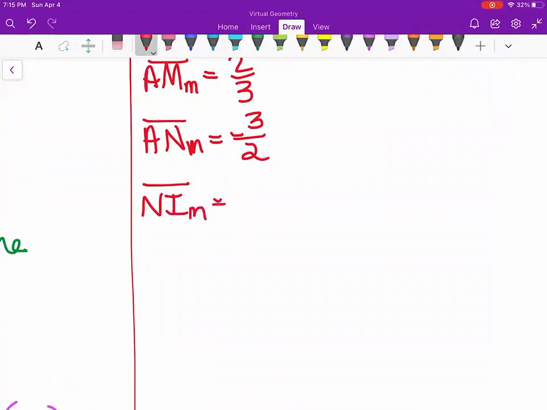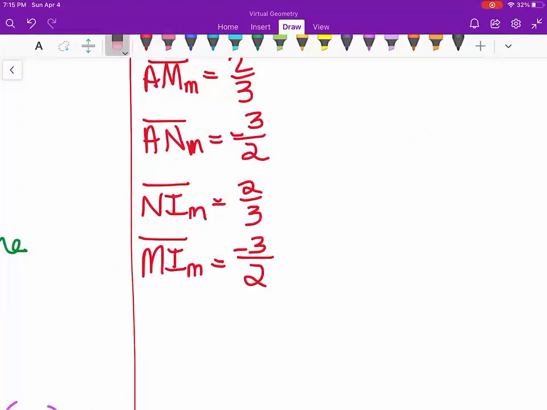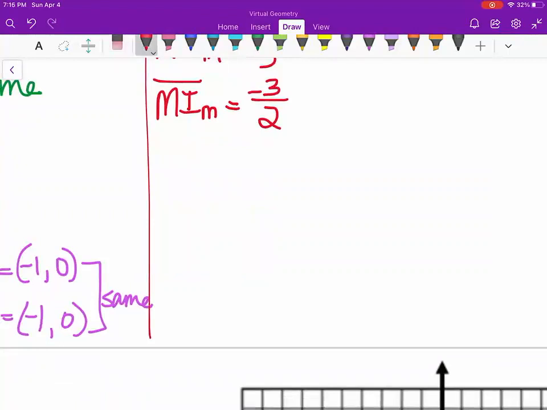And its slope was the same as AM's because they were parallel. So it had a 2/3. So far, so good. And then our last one, MI, had a -3/2. So they were all opposite reciprocals. They alternated as we went from one side to the next. So that was proven. Now the only thing left to prove with the parallelogram, with the rectangle, is you need congruent